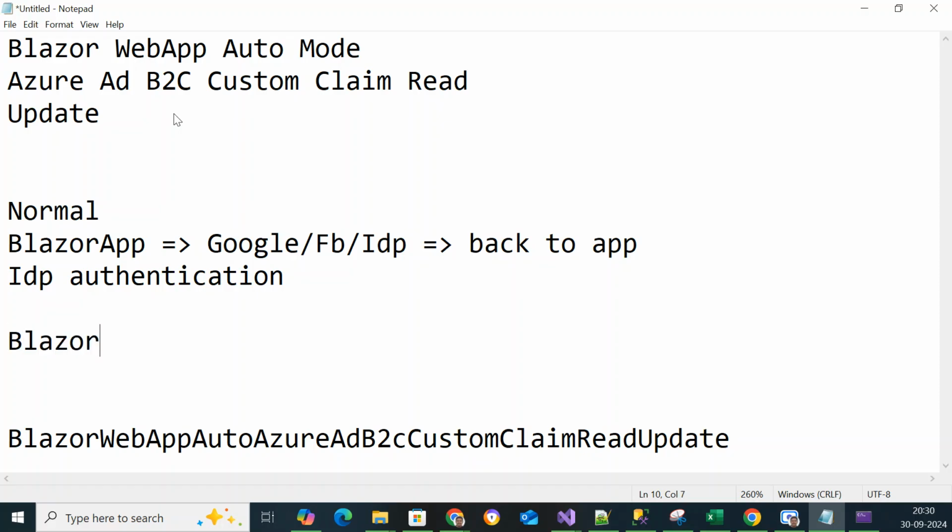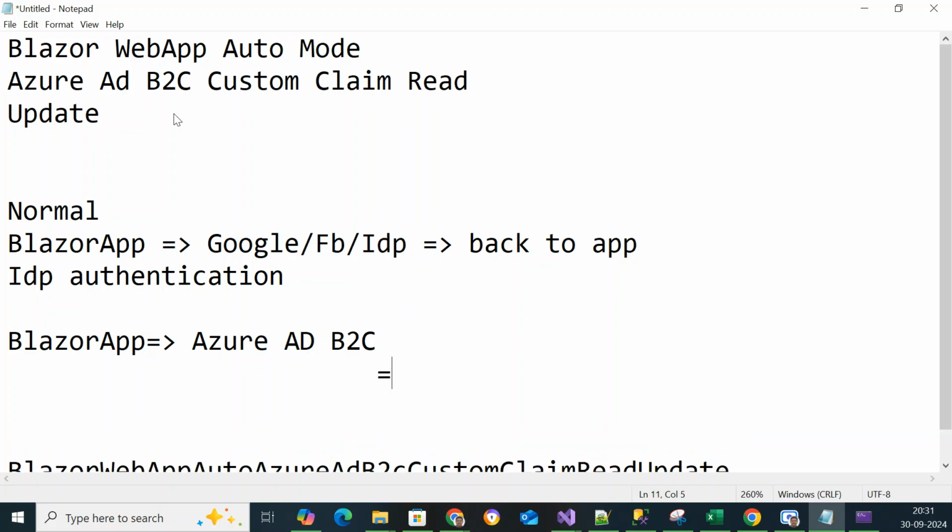So Blazor app to Azure AD. Probably this information is available in many places, but still I'm trying to explain it the way I understand it, in a very easy way, after digging a lot of data. Okay, we are contacting Azure AD B2C. What it does is, in Azure AD B2C, we will get the response back to the app only. Okay, same way. But here the extra configuration is, we are configuring Google, Facebook, everything, or any IDP providers,